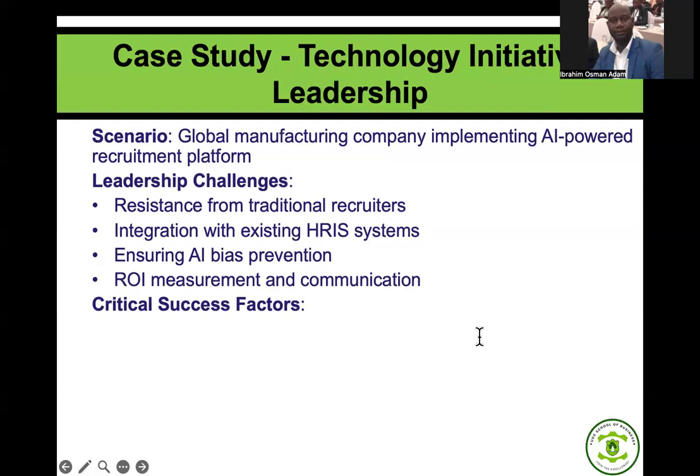Assuming you were the HR manager, how would you have approached this initiative differently? How would you look at it? What may be your first priority as a manager or as a leader? What would be your first priority, given the fact that the nature of the technology is beautiful? The technology, what you do is beautiful, but people are resisting it, and they are resisting it at different levels. If you were the HR manager, what would you do? What would be your first priority?